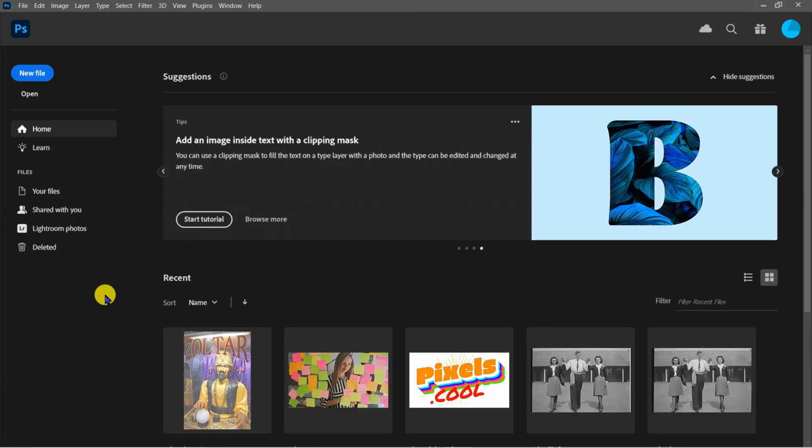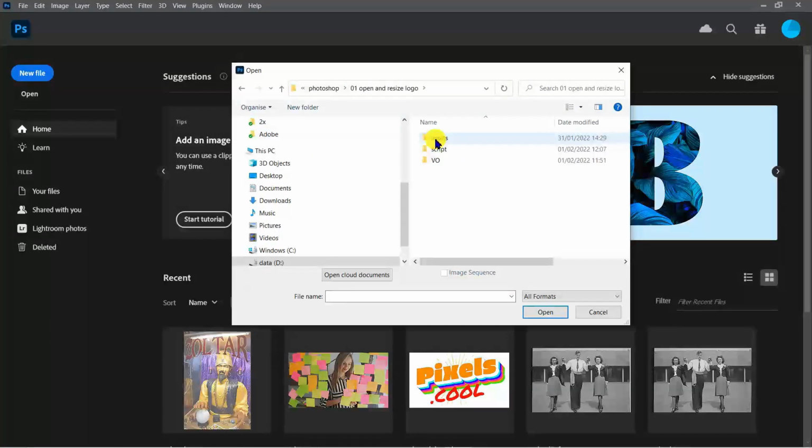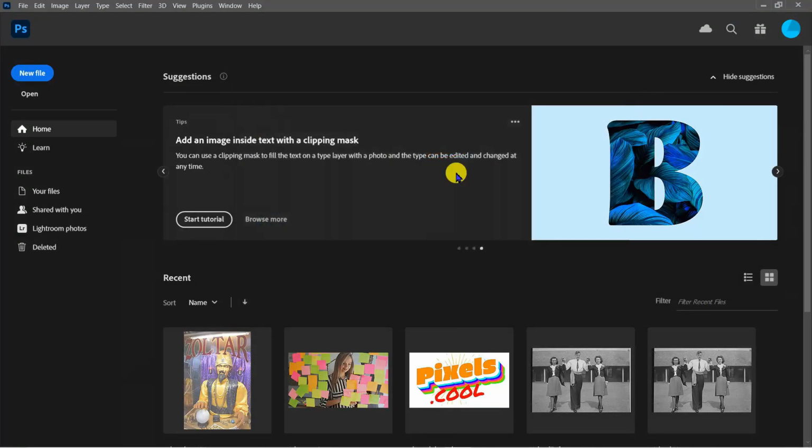Welcome to you. When you open Photoshop, you'll be presented with a welcome screen a bit like this. Don't worry if yours looks a bit different, as this screen does change over time. We want to open an image and get straight to editing it, so click on Open here towards the top left. Navigate to the folder on your computer where the image you want is stored and double click on it